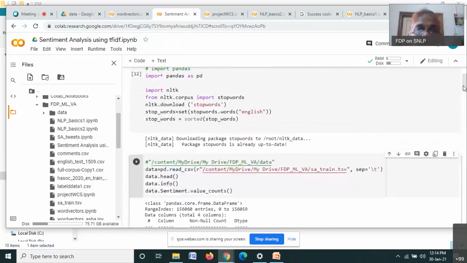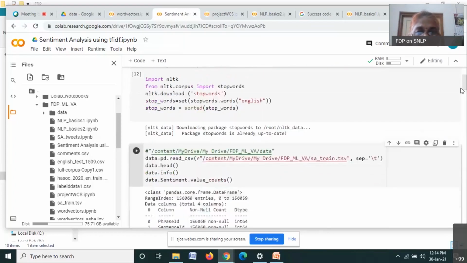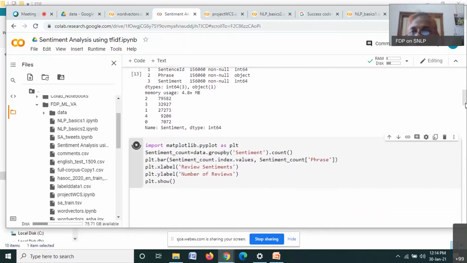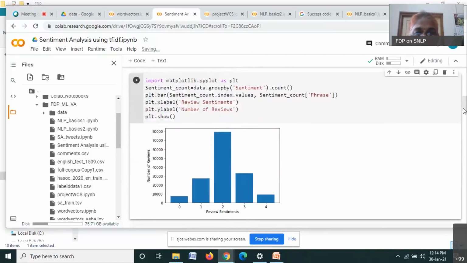Okay, so what I do with this is to perform sentiment analysis. I'll just show you the label distribution. See, there are 5 labels, 1, 2, 3, 4, 5. This is the distribution of labels.